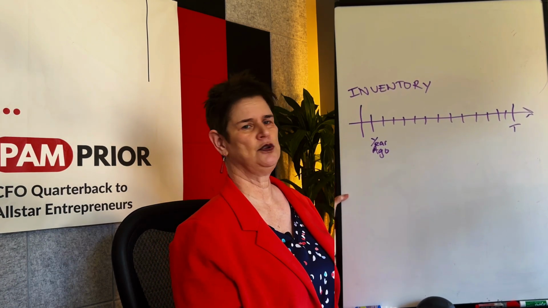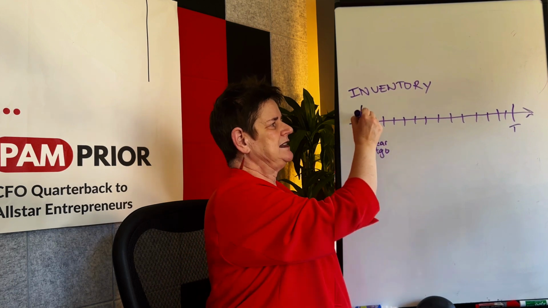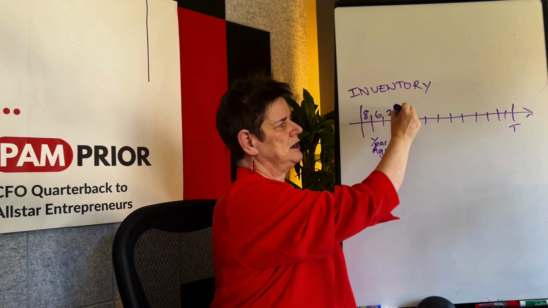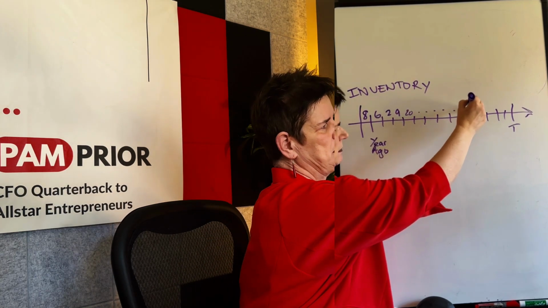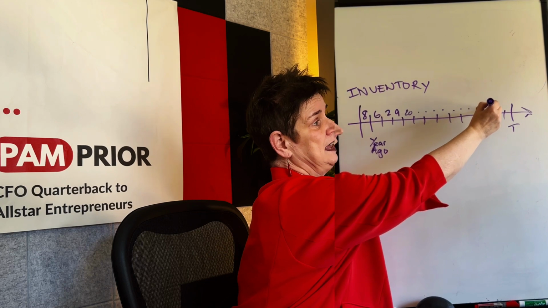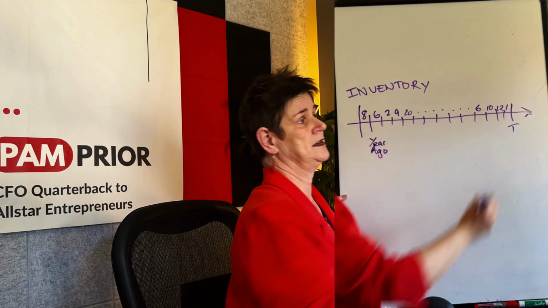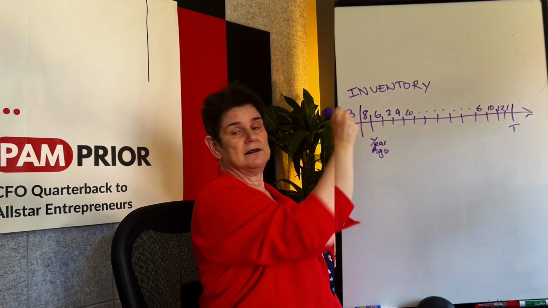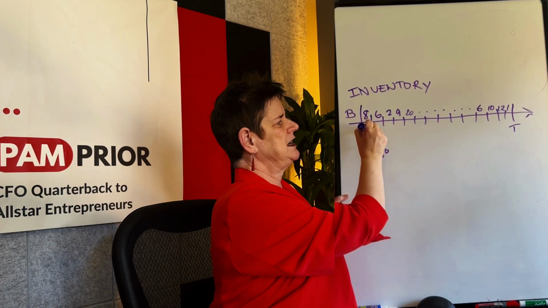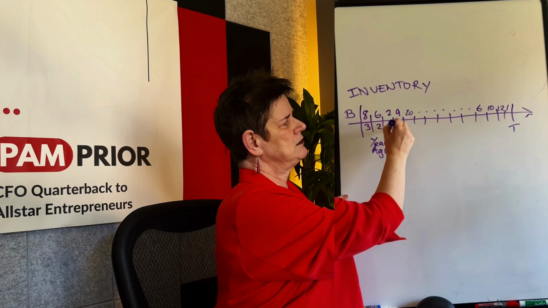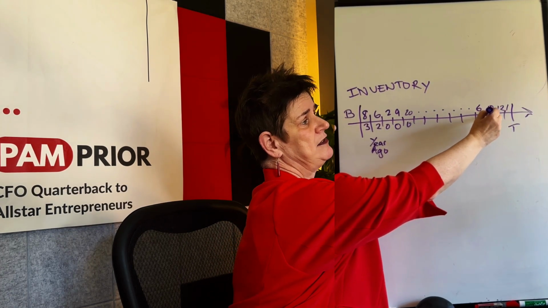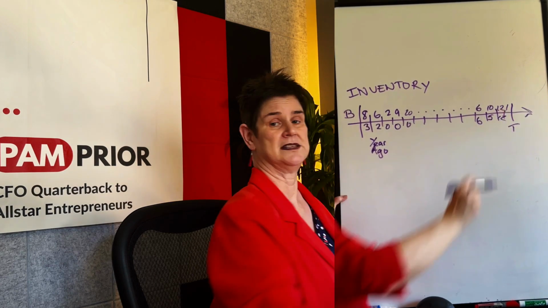And let's say that you bought 8 things here and 6 things here and 2 things here and 9 things here and 20 here, so on and so forth. And then up here closer to today, you've bought 6, 10, 12, and 1. So this is what you've bought, okay? And let's say you've sold 3 of these and 2 of these and 0, 0, 0, but you've sold all 6 of these and 5 of these and all 12 of these.